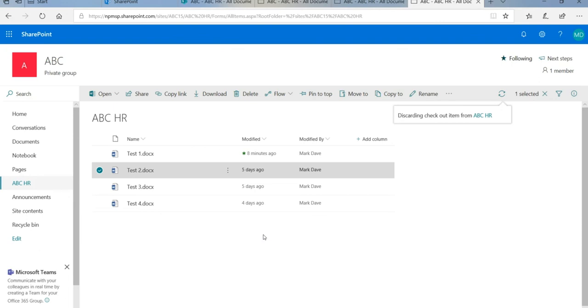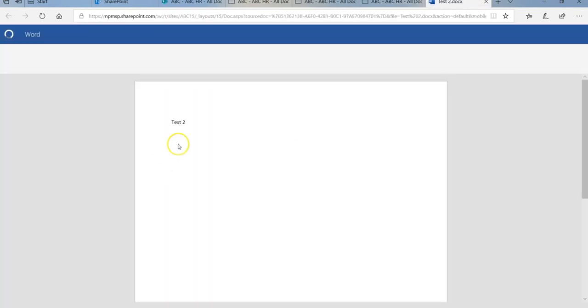So the test2 document, the words that I had entered earlier, let's check this out. What happens if I open this document? The discard